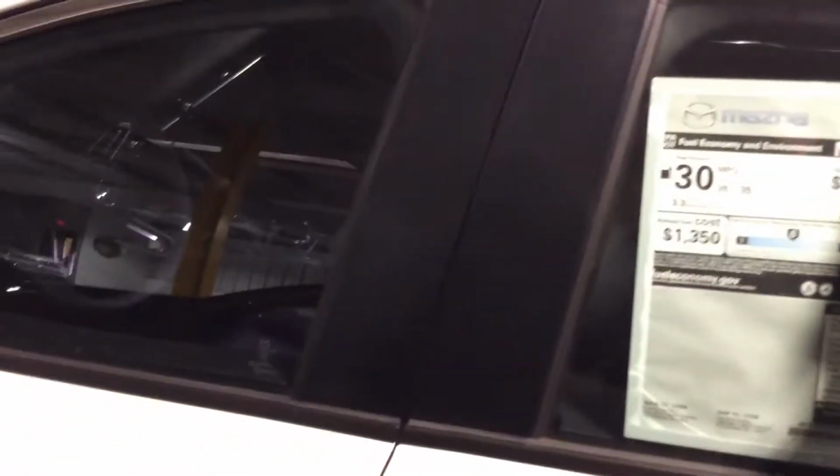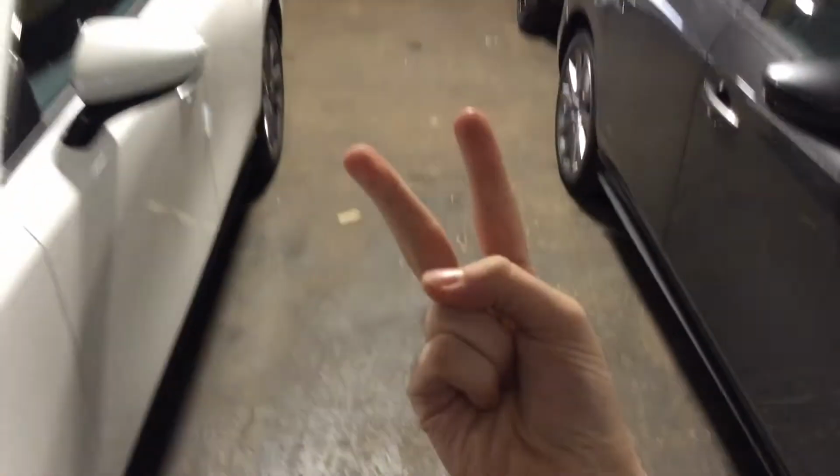If I go right under there, you're going to see set 1 and 2 right there because you now pick up memory seats with your power adjustment and you pick up heated seats. So the only difference between a Select trim level and a Preferred trim level is a $1,900 increase, and that $1,900 gets you a power seat, it gets you memory seats with that power seat, it gets you heated seats,